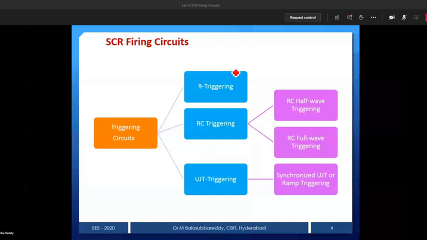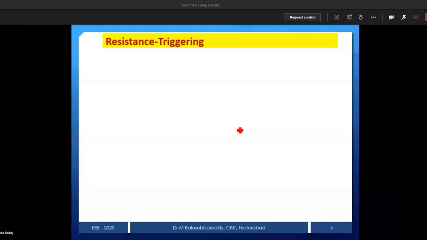Then we'll observe how the firing angle is going to vary. Then we'll identify what the drawbacks are. Then to overcome the drawbacks, we'll go for RC triggering and so on. So that is our sequence. We'll see first R triggering. This is the simple circuit of